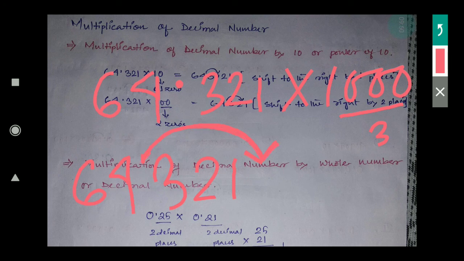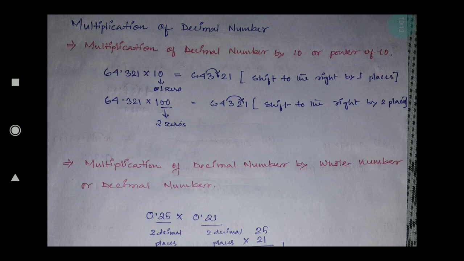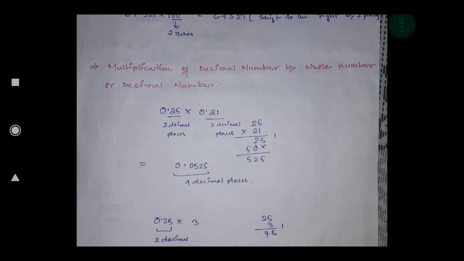That means from this 2 it will come here. So here you can put the decimal point, after that you can put 0 also, or your choice, because after the decimal point, if we add 0 it has no value, no change, same number only. So your final answer will be this one. Why will it shift 3 places? Because here 3 zeros are there. That's why from this place it will shift 3 places. Okay, like this you have to do the multiplication of a decimal number by 10 or a power of 10.